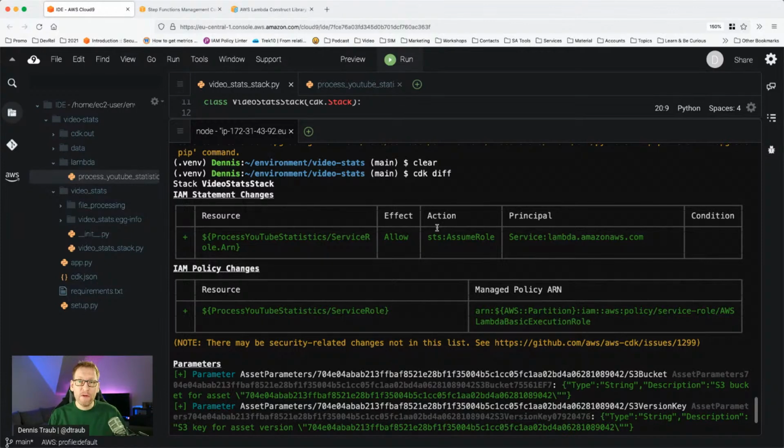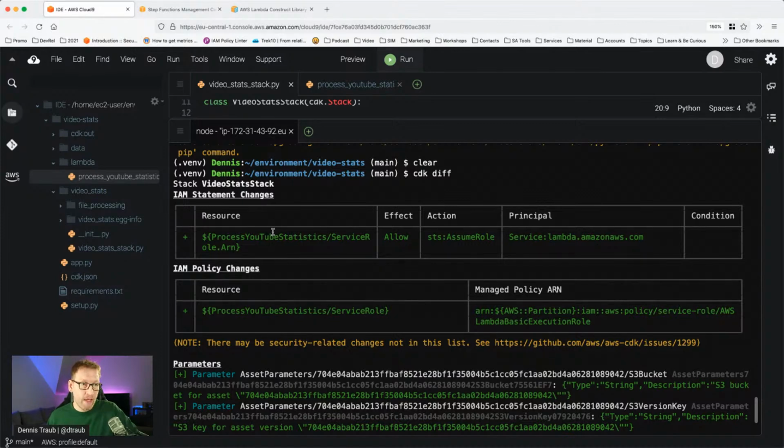A Lambda function in itself can't do anything on AWS, just like a system, a service, or a person cannot do anything on AWS unless you give it certain permissions. And for the Lambda function to be able to do anything, including writing logs, it needs permissions. The way it gets those permissions is through the